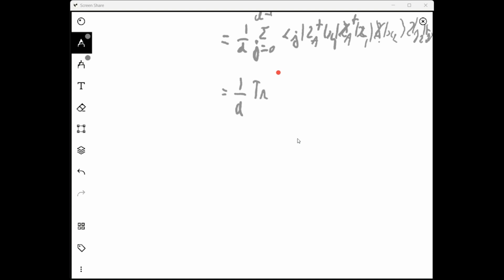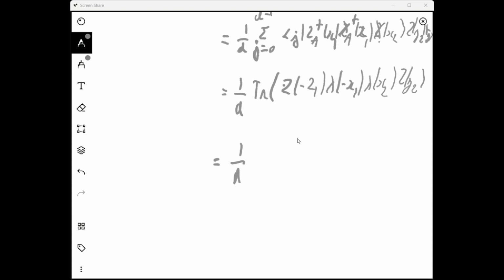So we have the trace of z minus z1, x minus x1, x1, x2, z2. And so in the end, the trace is cyclic, so we can put it like z minus